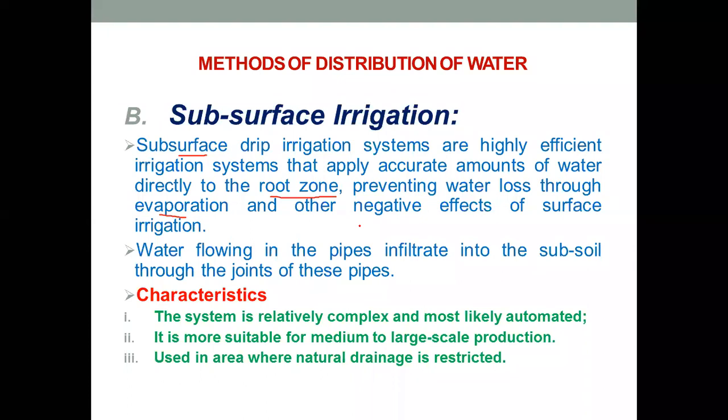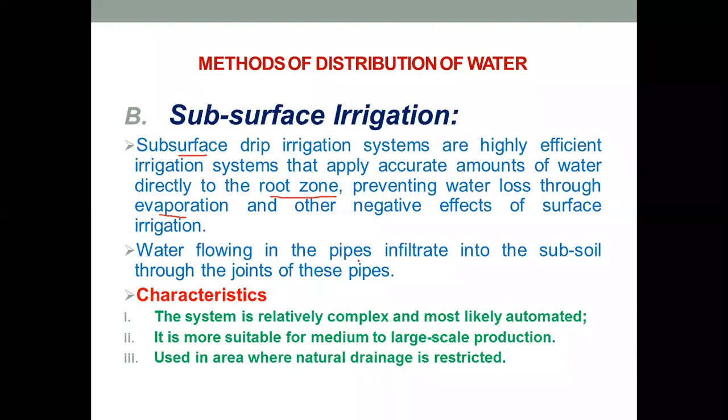Then second, as we are not providing water directly on the surface, there can be no drainage and waterlogging problems. That is one advantage. Then the other advantage is, for example, for the transportation of water, there will be no infiltration and evaporation losses. So these are some of the advantages of subsurface irrigation over the other types.